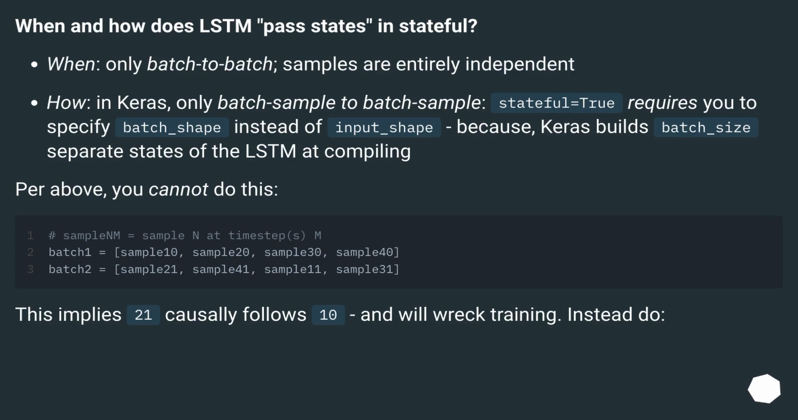When and how does the LSTM pass states in stateful? When: only batch to batch; samples are entirely independent. How: in Keras, only batch sample to batch sample. stateful=True requires you to specify batch_shape instead of input_shape, because Keras builds batch_size separate states of the LSTM at compiling. Per above, you cannot do this. This implies 21 causally follows 10, and will wreck training. Instead do: